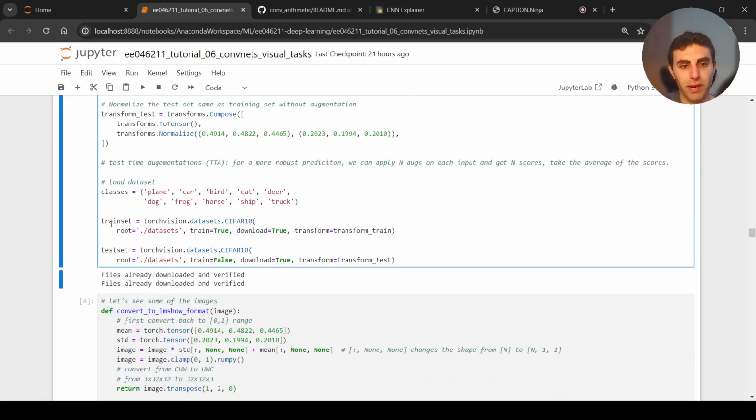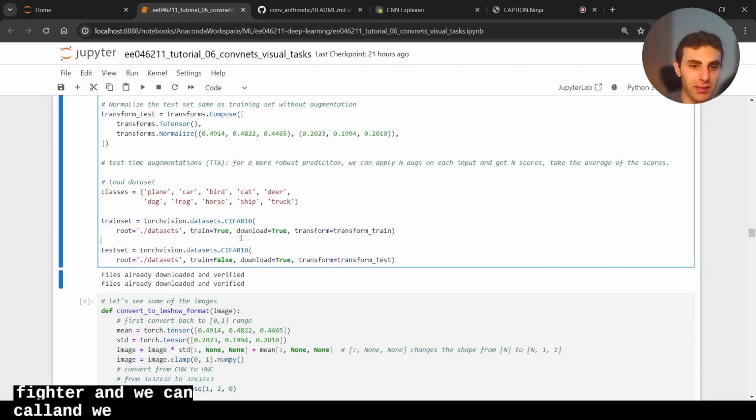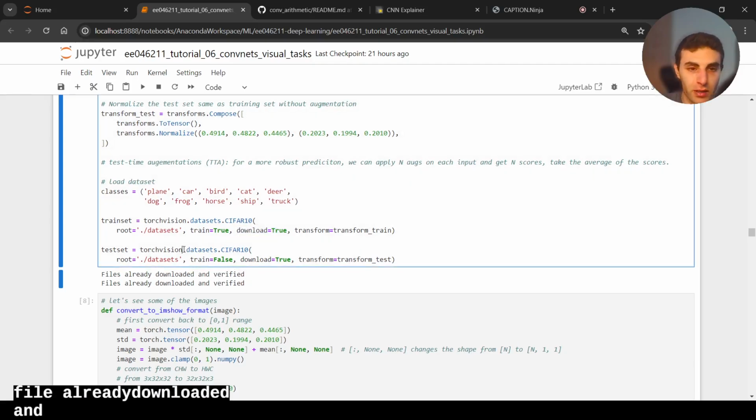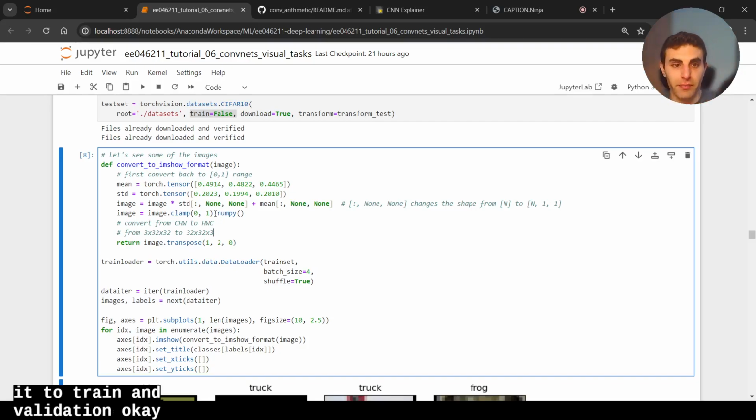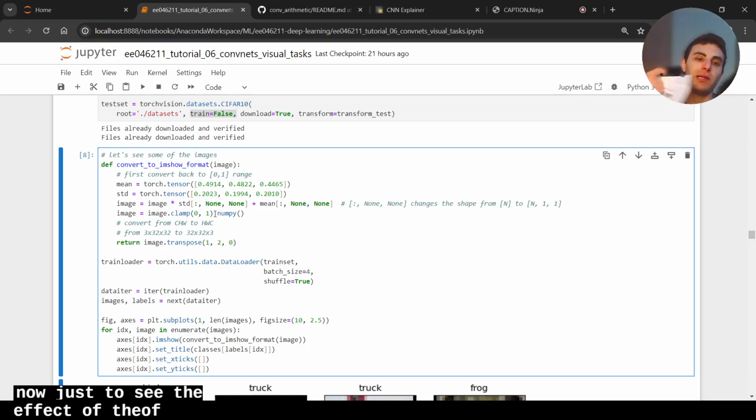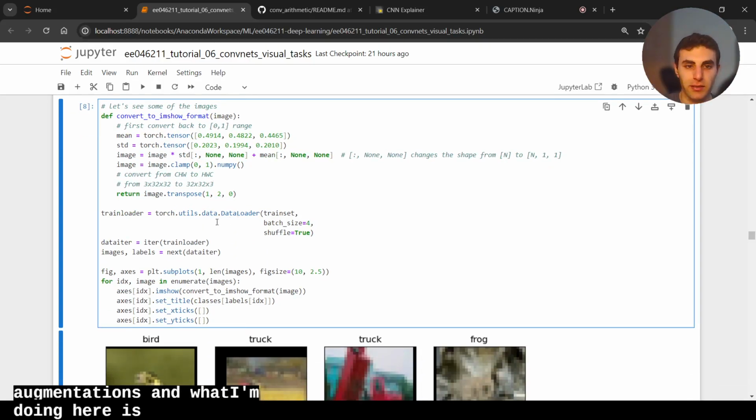So we can get CIFAR10 easily from PyTorch, and we can tell it to download. Don't worry, if it's already on your disk, it won't download it again. It will just print that files are already downloaded and verified. Now we have the train portion of the data and the test portion of the data, and I'm not doing this here, but you should further separate it into train and validation. Now, just to see the effect of the augmentations, I'm taking